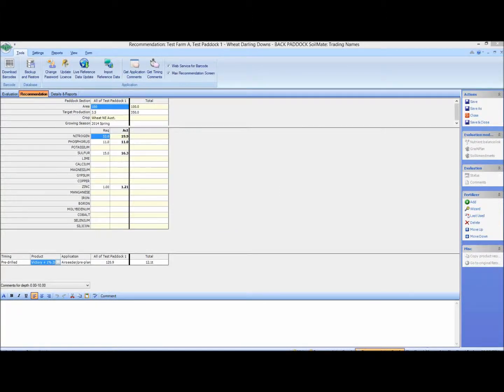Right, we've got a rate of 120.9 kilograms of this Victory plus 1% zinc. So what we should do is round that up. Let's round it to 120. So we round that to 120 down here, and that will just ever so slightly change the rates, but next to none at all. Okay, so the next thing to do now is